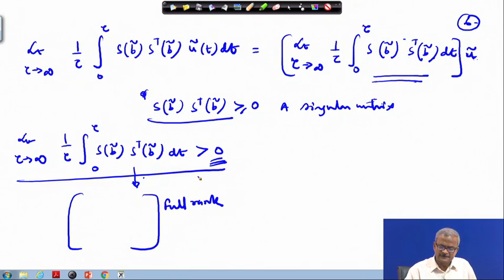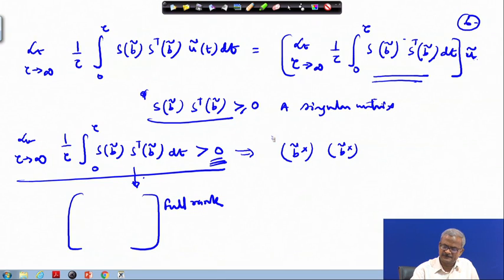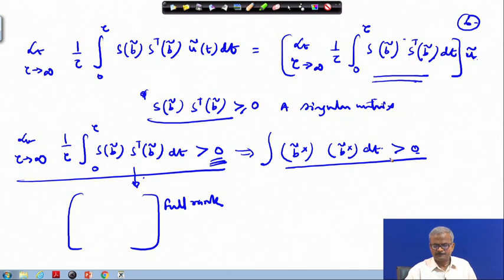So, for that we need a certain condition to be fulfilled. In the vector notation we can write this as b tilde cross, the minus sign will become plus, this is dt. So, this needs to be greater than 0. So, when this is possible, this we have to explore.